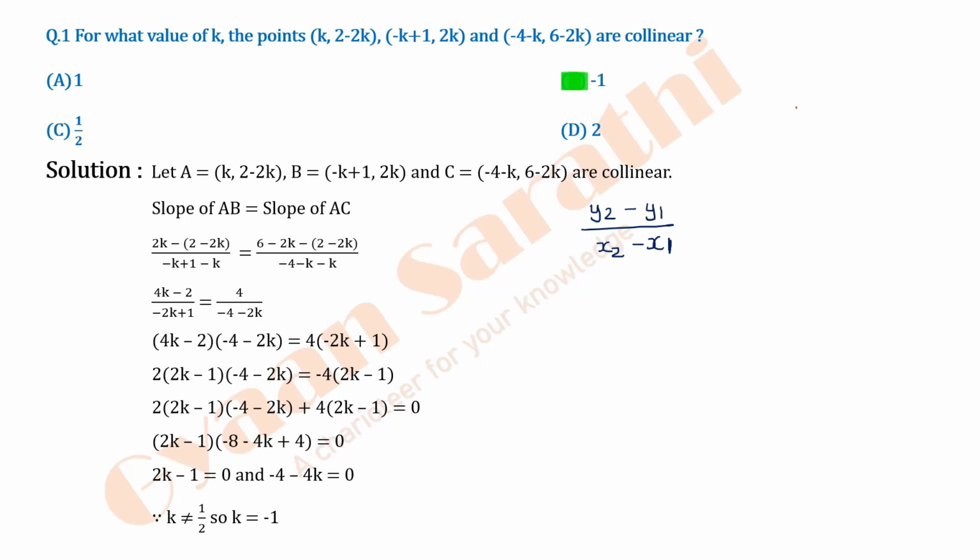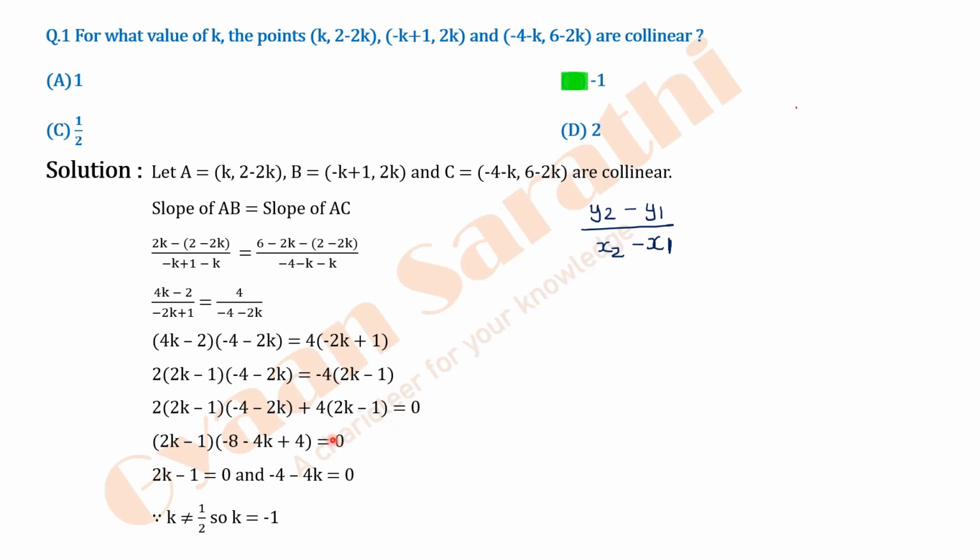Then doing cross multiplication, 4k minus 2 into minus 4 minus 2k and 4 into minus 2k plus 1. Okay, so from here I have taken 2 common from the first bracket. It becomes 2 into 2k minus 1 into minus 4 minus 2k is equal to, I have taken minus common from the bracket on the RHS, and this becomes minus 4 into 2k minus 1. Okay, so now this becomes 2 into 2k minus 1, this becomes minus 4 minus 2k, and the term on the RHS, I brought it to the LHS, so I can write it as plus 4 into 2k minus